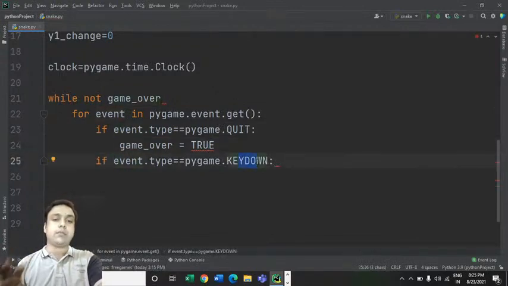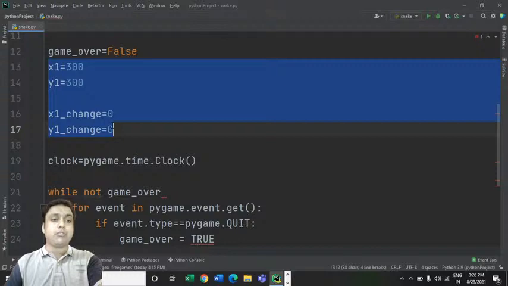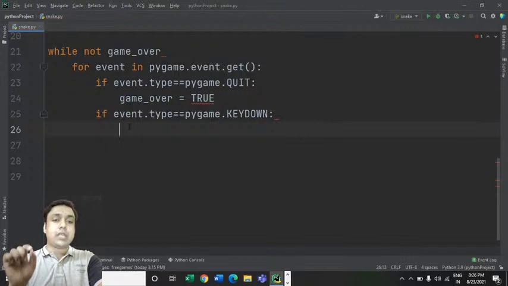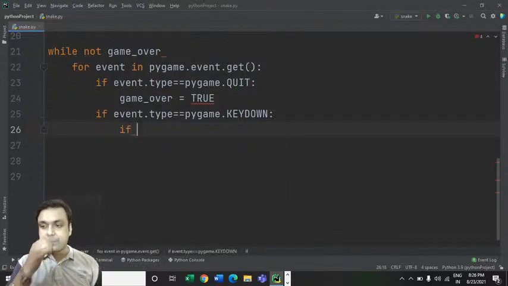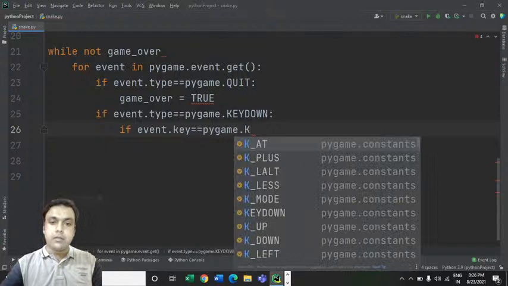Now there are 4 keys. Whether it is the left key, the right direction key, the upward direction key, or the downward direction key which the user has pressed, accordingly I would like the values of these variables to change. So first of all we have to find out which key the user has actually pressed. For that we can again have an if loop like this: event.key equal to pygame.K